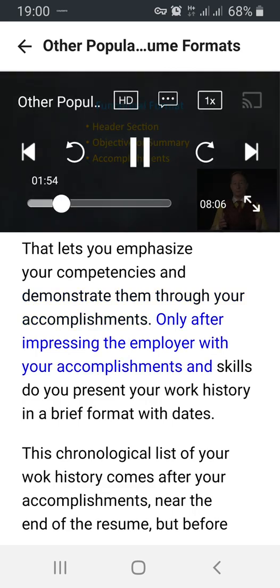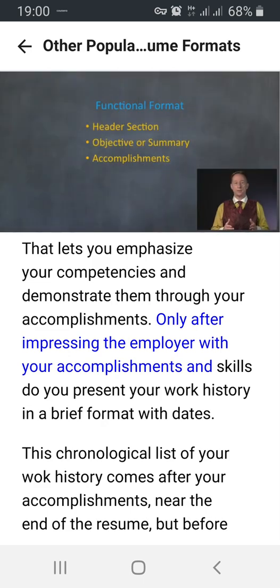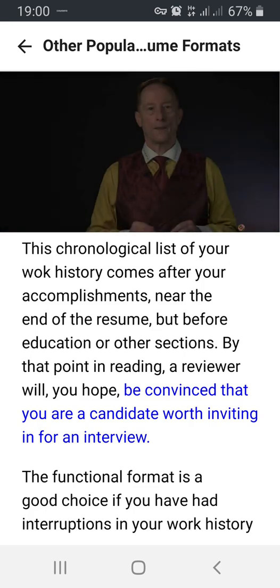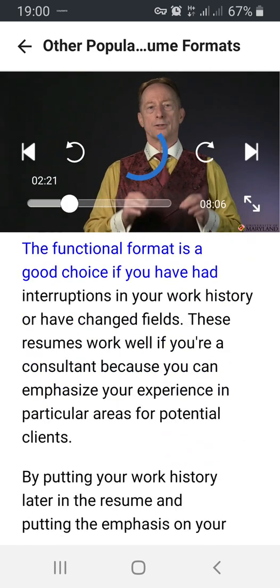Only after impressing the employer with your accomplishments and skills do you present your work history in a brief format with dates. This chronological list of your work history comes after your accomplishments, near the end of the resume but before education or other sections. By that point in reading, a reviewer will, you hope, be convinced that you are a candidate worth inviting in for an interview. The functional format is a